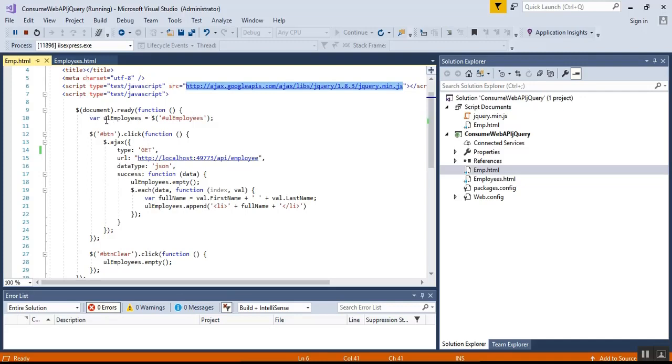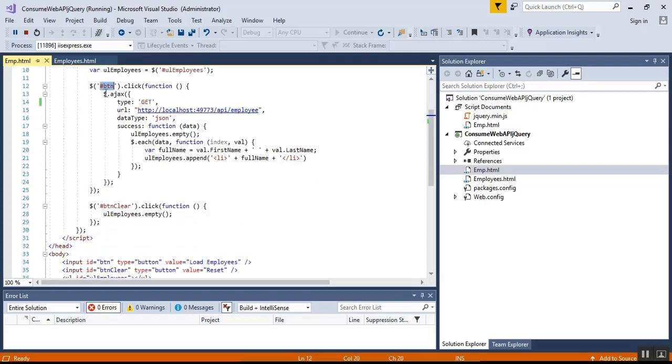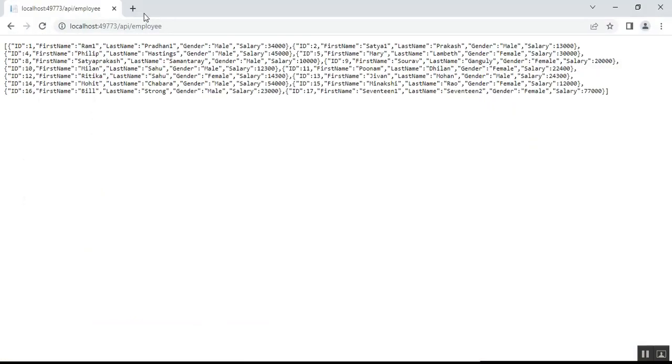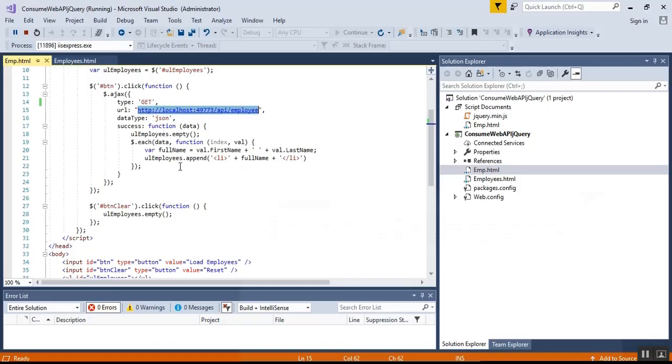function I have declared one variable, and this contains the ID of the unordered list. And in the button click event I have used the Ajax functionality, and the type is get. In the URL I have mentioned my ASP.NET Web API URL, that is nothing but this one. And this is the data type I have mentioned here, only JSON. And here I have mentioned a few conditions, that if the data is not empty, it will not show anything, and